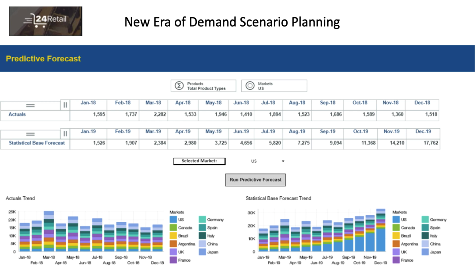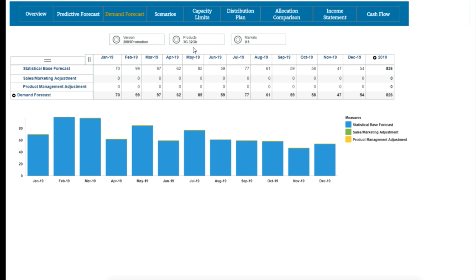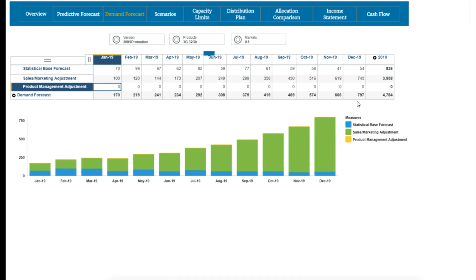The demand planners are looking to leverage external factors by product, by market to help generate the demand plan. The sales teams are wanting to account for the increased need of the stay at home, so here, ramping up their forecast needs to see the impact of questions such as, what if I grow my demand by 20% each week? The product managers may want to test out different scenarios of putting an additional 2,000 units into their